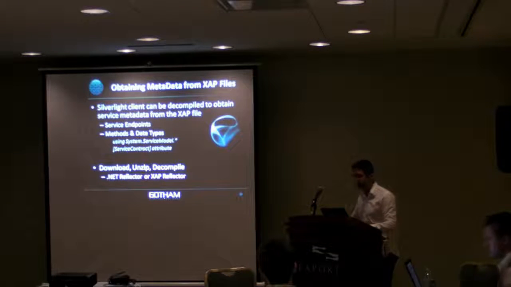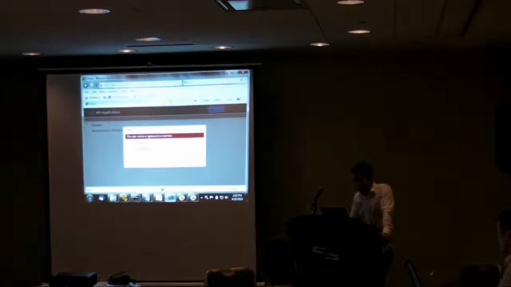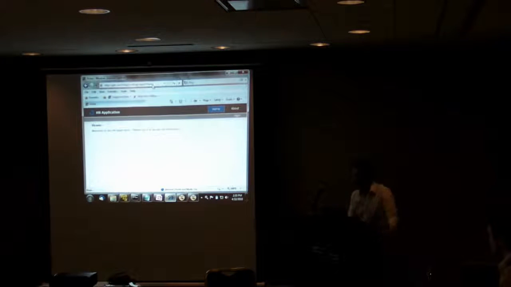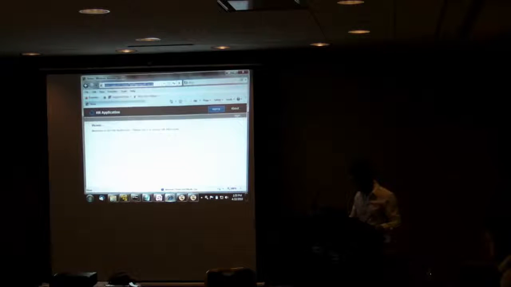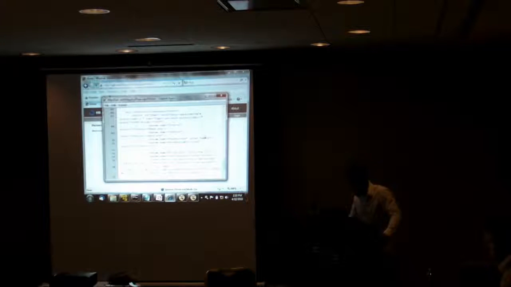It's just going to be a little bit harder to find. So I'm going to show you quickly how you would do that. This is actually an application that was written with the RIA data services. So if I actually just do a view source on this page, and I go down to find out where the actual ZAP file is embedded here, and you can see